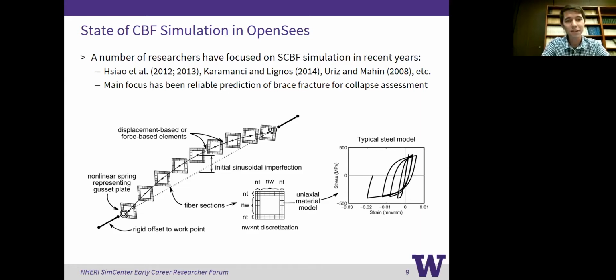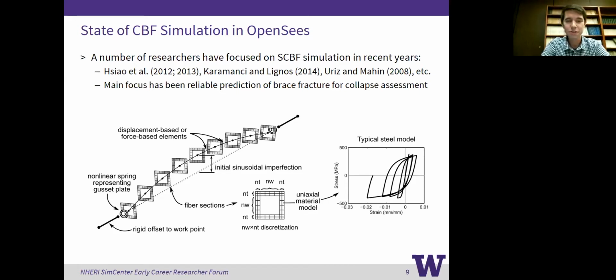Okay, and we'll talk about that in a bit, but I want to focus first on how we actually model the braces themselves, even thinking before fracture and just making sure that we can model the buckling behavior. And so what you see in the figure below is discretized brace elements, and these are usually displacement-based or force-based nonlinear beam column elements. Okay, and the reason why we discretize these and we provide this initial imperfection in them is to simulate the buckling effects.